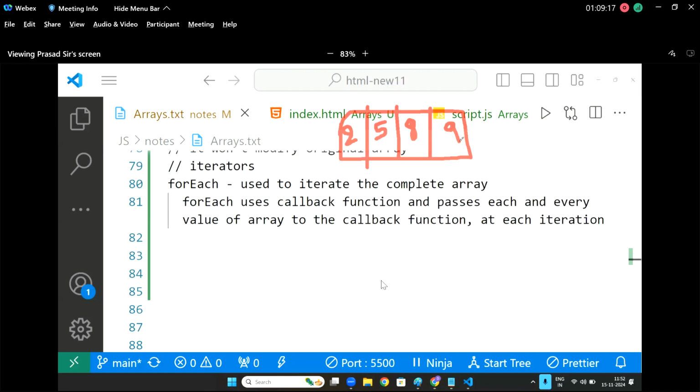The array contains 4 values, 2, 5, 8, 9, with the index values of 0, 1, 2, 3. Now there is one guy, forEach, and what this guy will do for each,